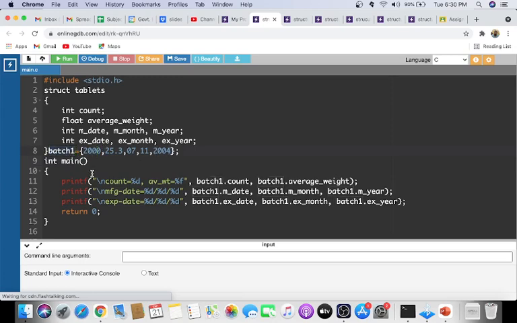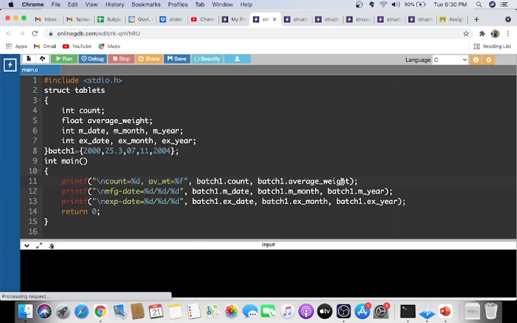Now we will see how to access. If I want to print count, then you have to print batch1 dot count, or batch1 dot average weight, like that you can print. So these are some print statements. printf count %d and average weight %f. So %d will be replaced with batch1 dot count, and %f will be replaced by batch1 dot average weight.